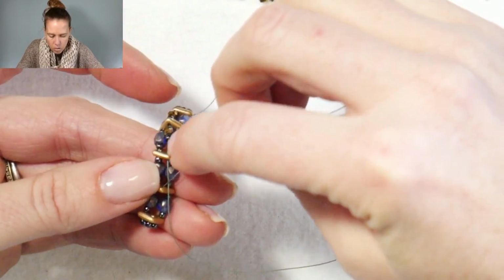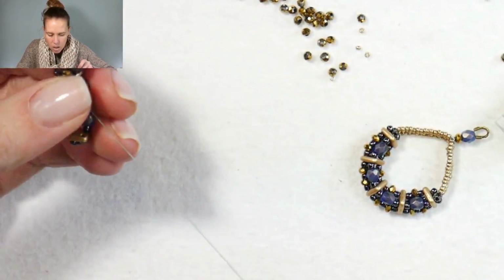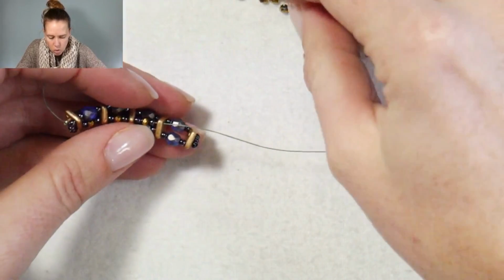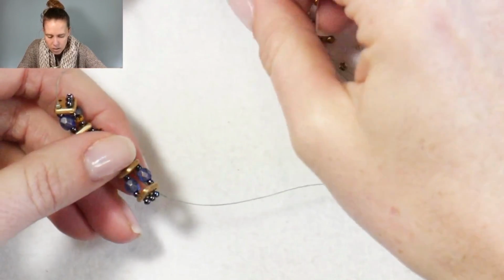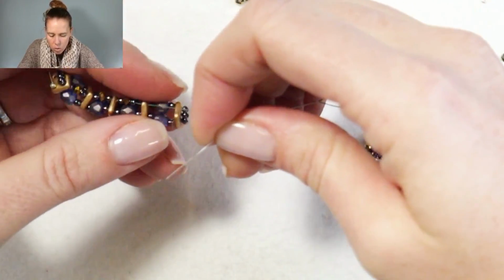Through to the next hole, and one more time. And you can see just a little bit of curvature is happening because this is a little bit shorter than the 4 millimeter, obviously because it's a 1.5 millimeter. After you come out the last hole here,